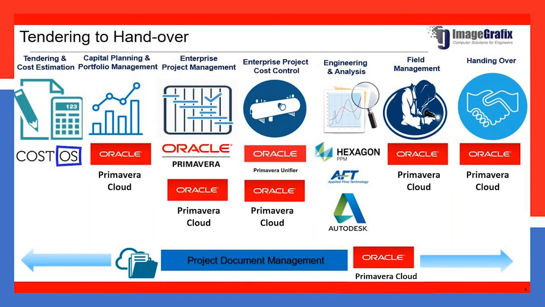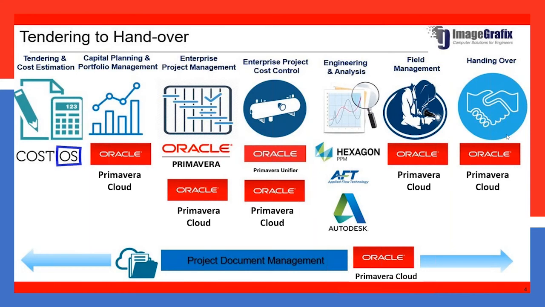Moving forward, for enterprise project planning, the flagship product Primavera is available for you. If you would like to go for a cloud-based solution, then Oracle Primavera Cloud is also available. This helps you do your scheduling, planning, resource mobilizations, and getting the progress of the projects, the current status. All these things you can cross-check and monitor using Oracle Primavera applications, either on-premises or on the cloud.